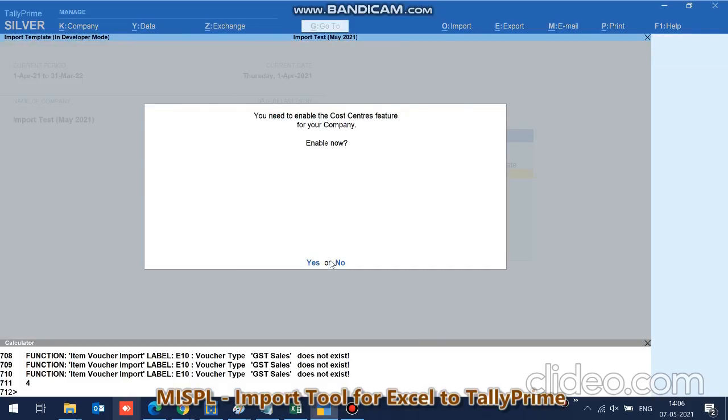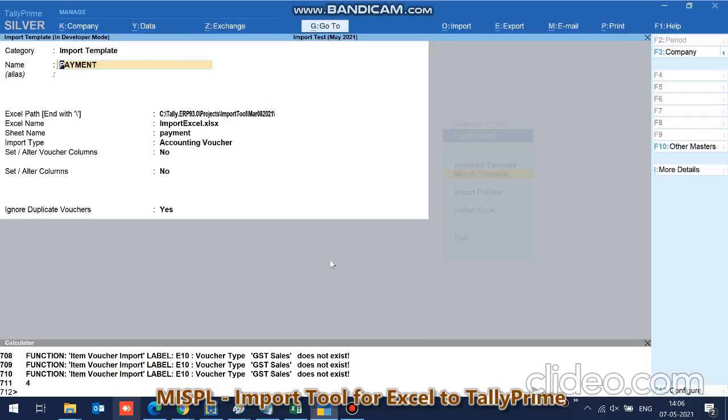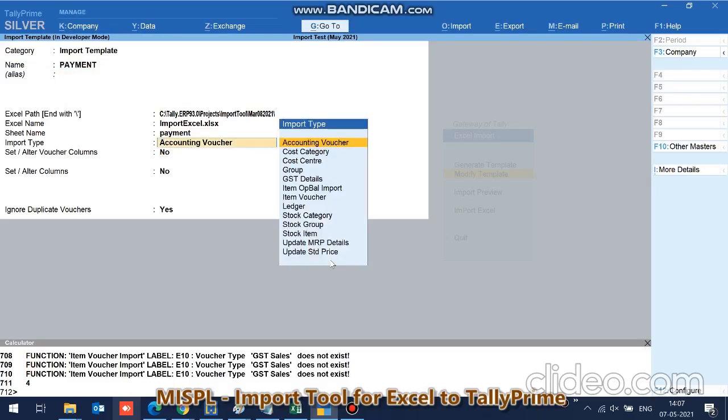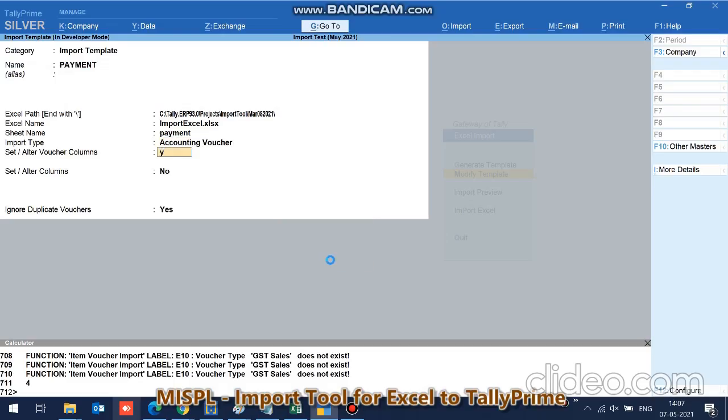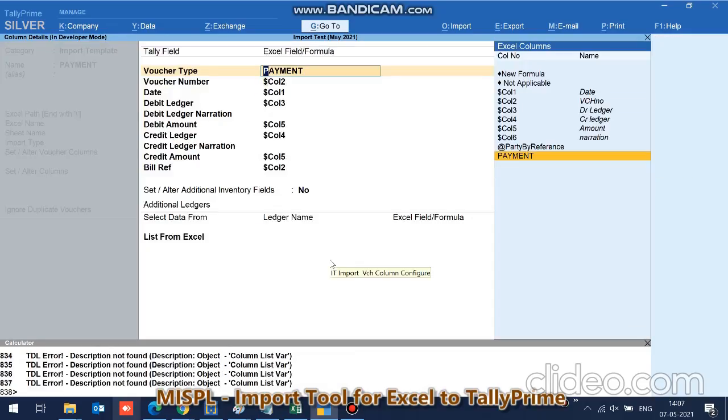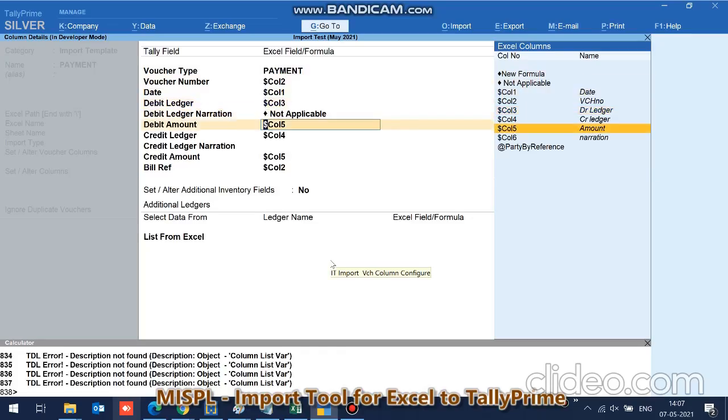Now we go again to I modify payment. See, it is asking for the cost center. When you modify or create, it will ask for the cost center. You do it yes. And after that, you can make it no very easily. The format is same, but it is an accounting voucher. So we define here payment, number, date, debit ledger, narration, debit amount. Only one amount is mentioned because debit credit has to be equal.